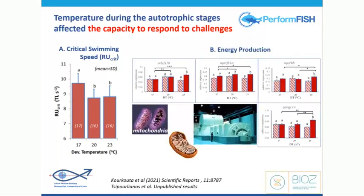So the same fish were subjected to molecular analysis. This time, we targeted the mitochondria. This is a place within the cell where the energy production factory is located. There we have a machine, several energy production complexes that work in synchrony to ensure that the cell is supplied with sufficient energy